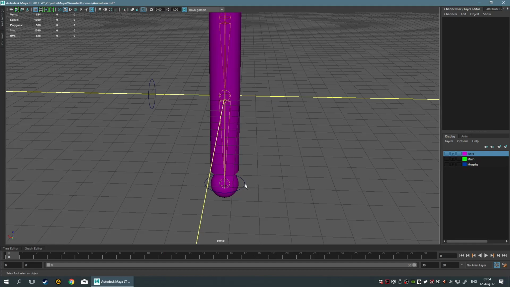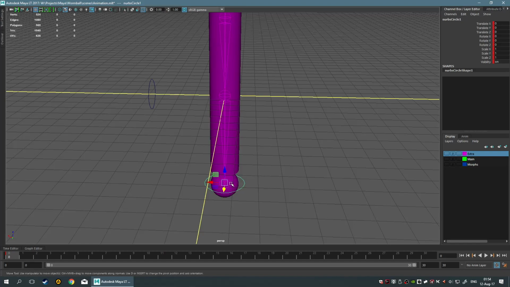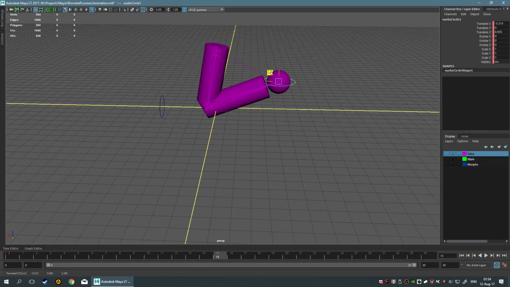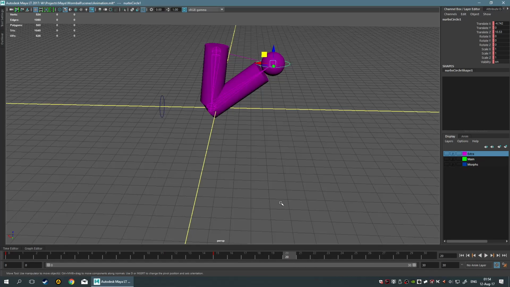deal. So without further ado, let's grab this controller, set its key to 0, and then turn on the auto. Oh, it's already on. That's good. Use the translator tool. Go to frame number 15, and let's say this is going to be our wind up over here. And at frame number 20 or 25,